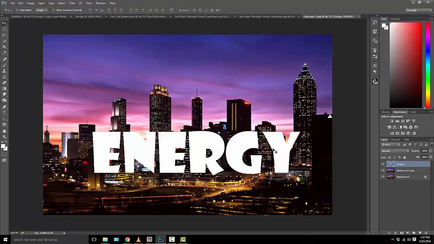The next thing we need to do is select the text, basically. So I'm going to hold down Control if I'm on a PC or Command if I'm on a Mac, and click the actual thumbnail here, not the word itself, next to the text, and you can see what happens is the text is now selected. And what I'm going to do next is press Control J. And what's going to happen is it's going to make a copy of this layer, but it's only going to,